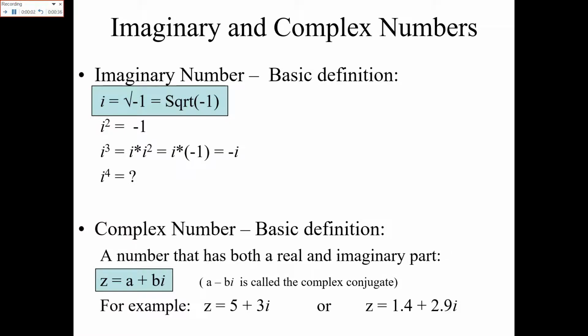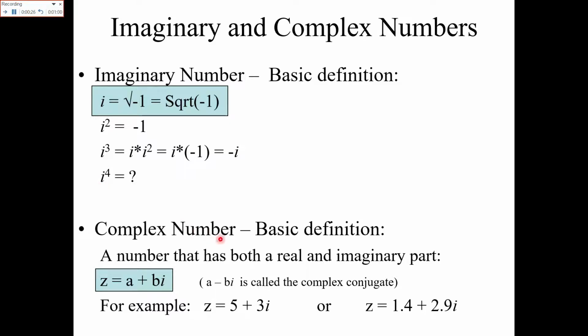As we know, complex numbers are basically in the imaginary form, which is known as iota, where iota is equal to the square root of -1. So iota square is equal to -1, and similarly iota cube is equal to minus iota, and iota raised to power 4 is equal to 1.